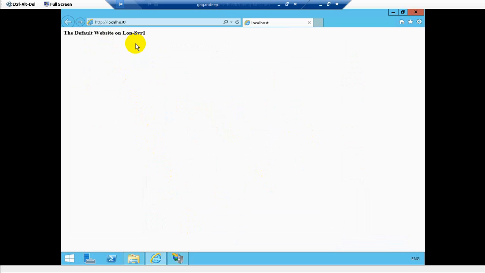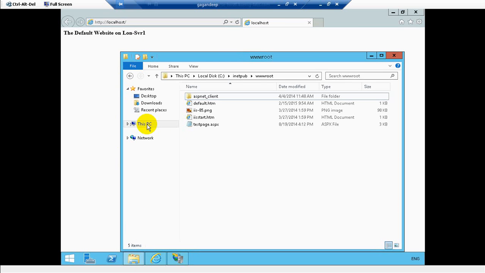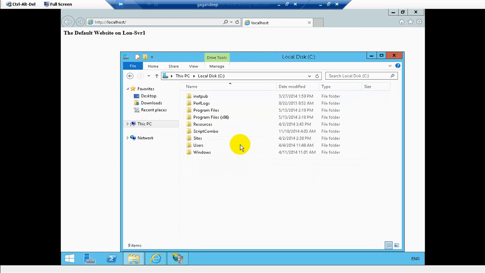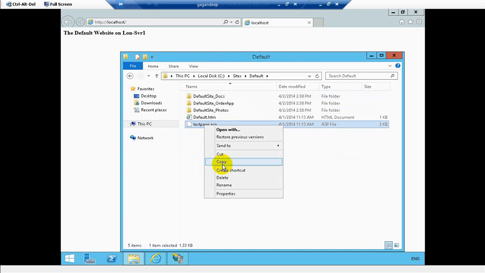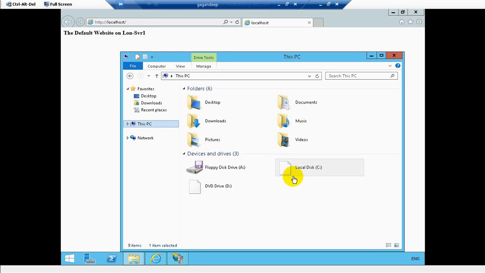Now let us test one of the ASP websites. For that we need to do something different as well. So what we need to do, we have one of the ASP files which is kept in C drive, sites, and default. So let's go over there and let's copy. Let's take it like a test page. We can copy and we can paste it in